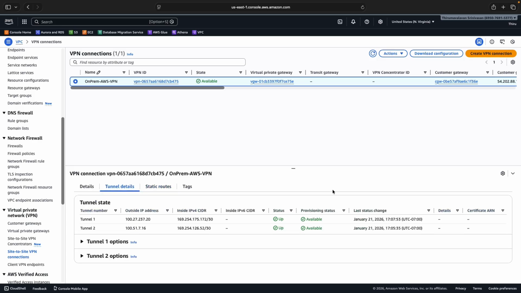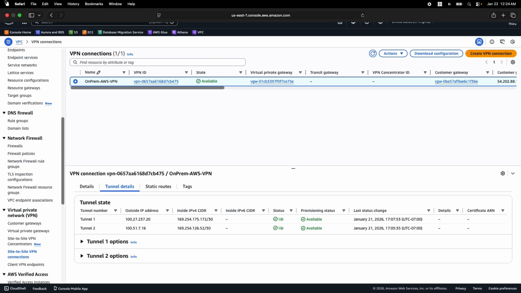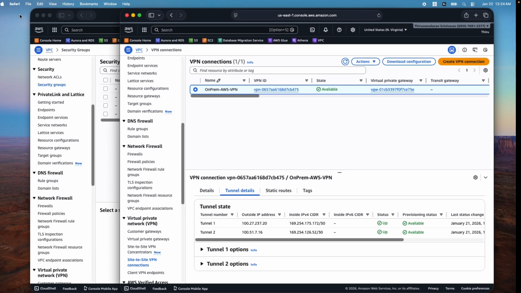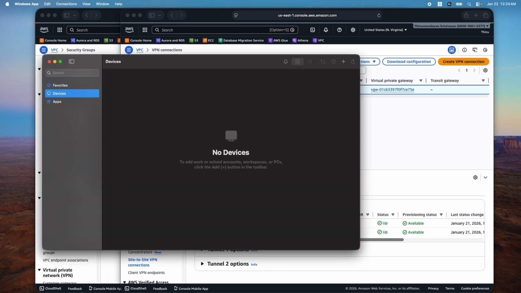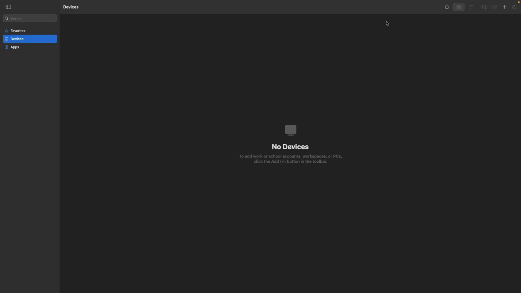And you can see that this is the AWS side, and this is the on-prem side, and we have the tunnels, everything up and running. So I will just log in to the instance and then show you how we can access the instances from on-prem to the AWS side. Let me minimize this one. Okay, let me go and open this one here,